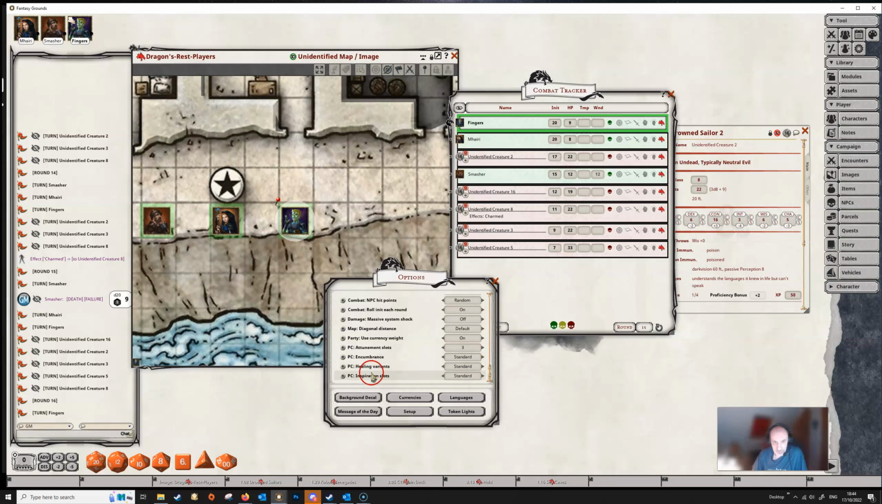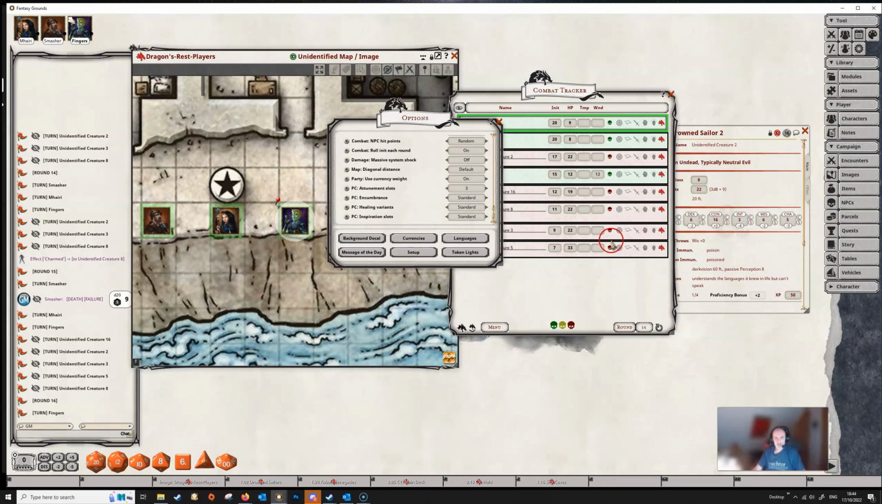And the final option is the inspiration slots, which standard is 1, but you can set these to 2 or 3 if you so prefer. So I think that's it for all of the options, and we